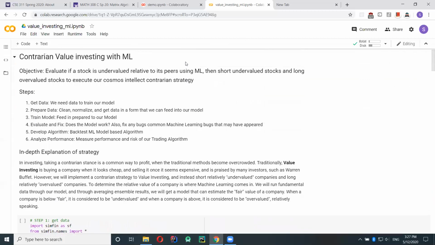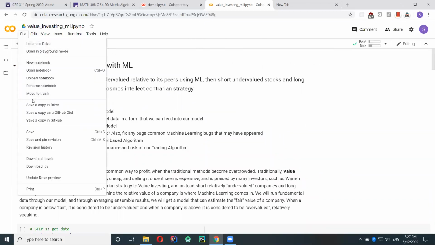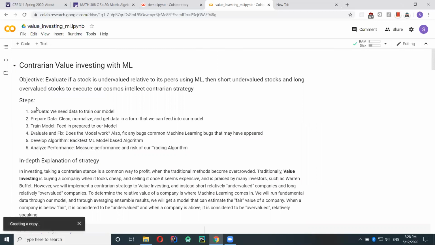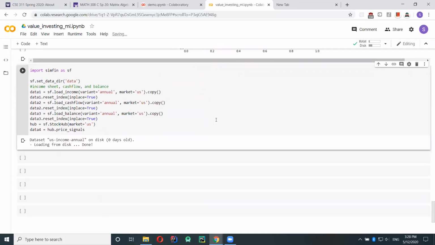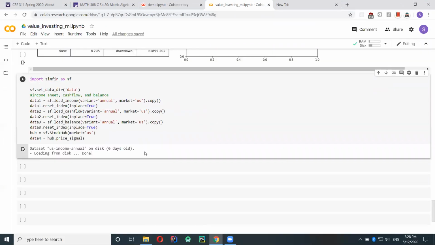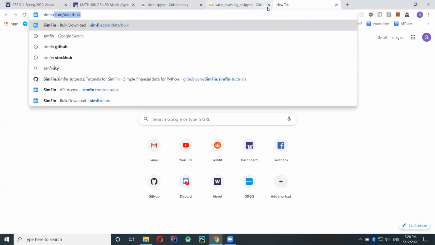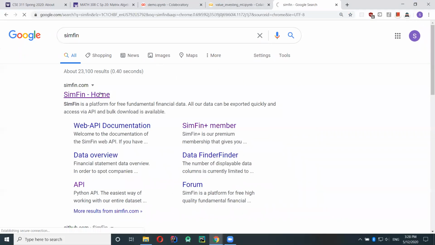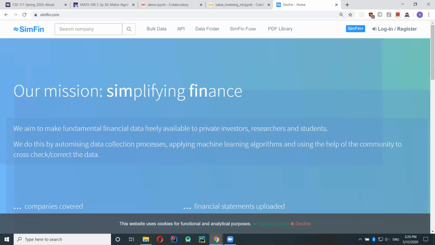Is this data that we're collecting for a particular company? Is it data of a particular company from Symfin? Symfin is an API. Symfin is just like a website. I'm not sure if it's a full-fledged company, but I'm pretty sure only one person is running it. What it basically allows you to do is pull a whole bunch of data.